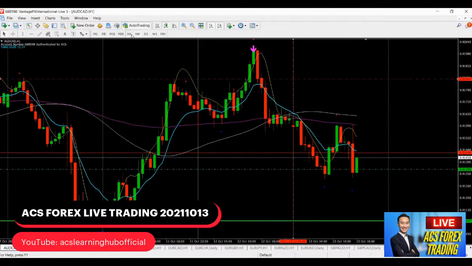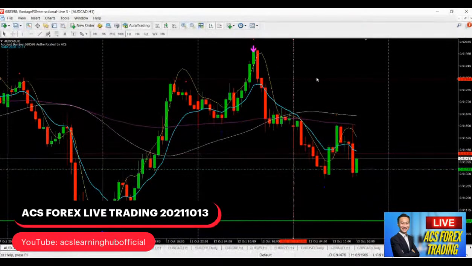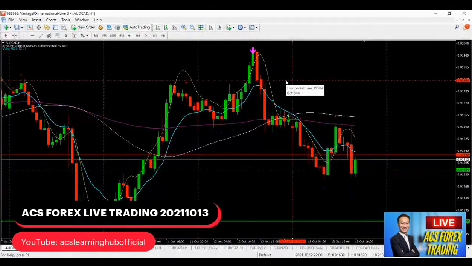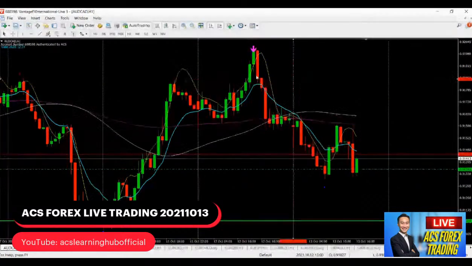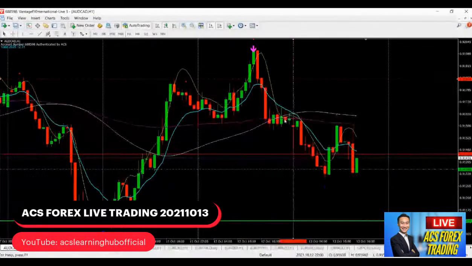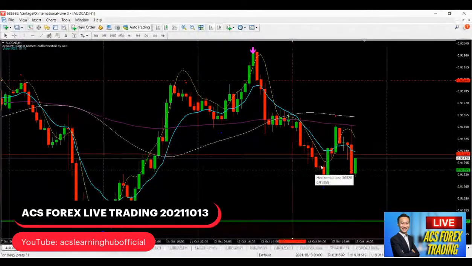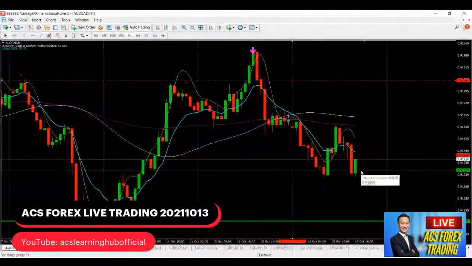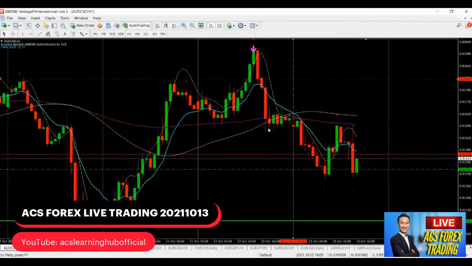Okay, in H1, now we are looking out for a new cycle. Every time it is going to short, there will be a new cycle coming on. So this one here, one cycle coming. There will be a retracement, another cycle coming again. Whether it will short, let's see. In this area, this is the whole resisted area.